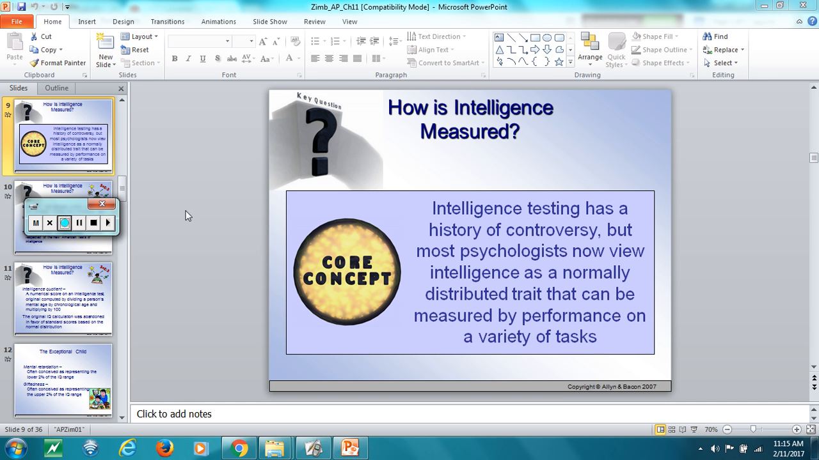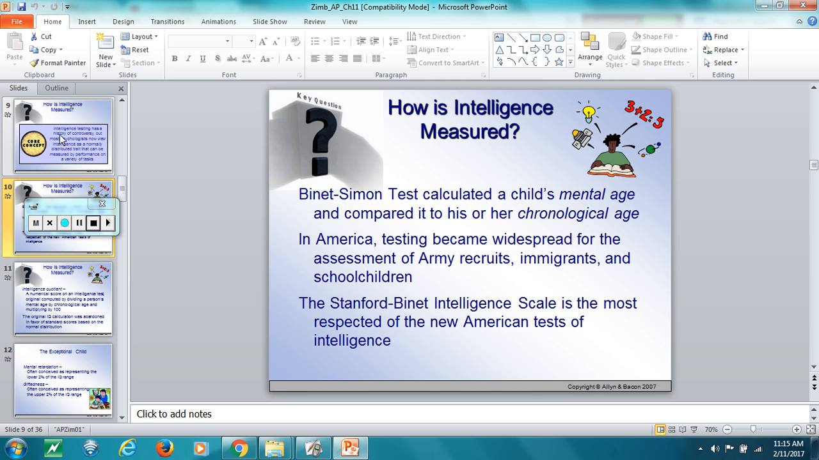So here we go. We're going to talk to begin with about how intelligence is measured. One of the things that I want you to understand is that intelligence is a controversial subject. For years it has been used to categorize people, and in some cases unfairly. So, one of the things that we need to know is that intelligence involves the abilities to acquire knowledge,